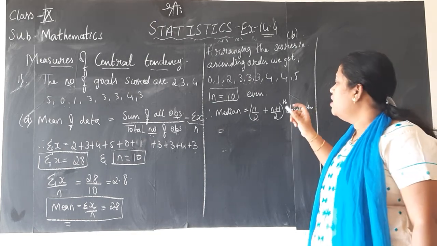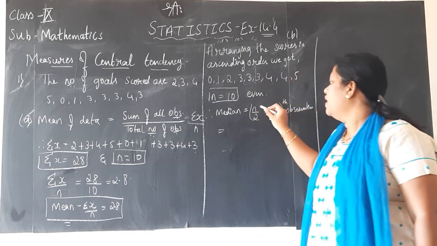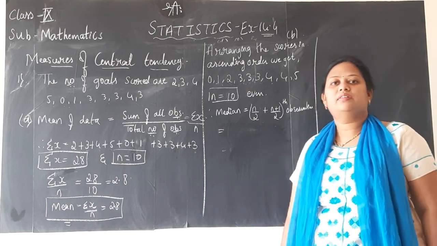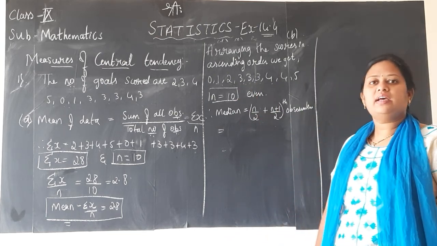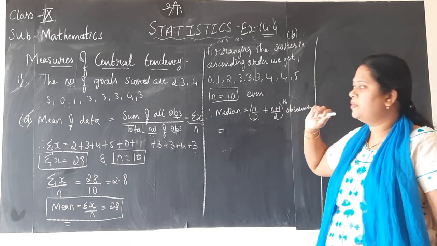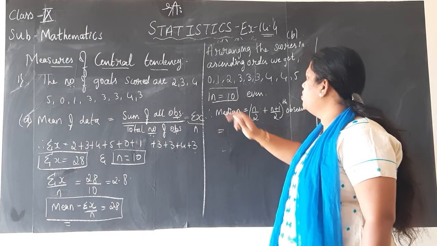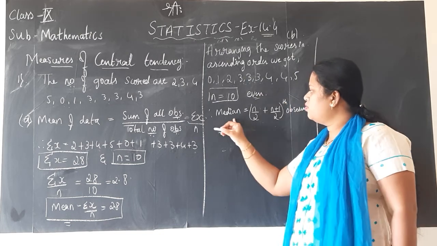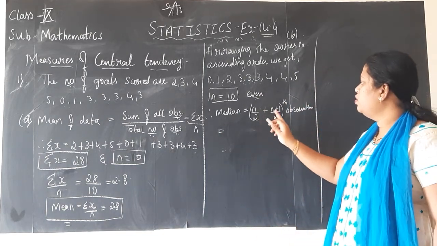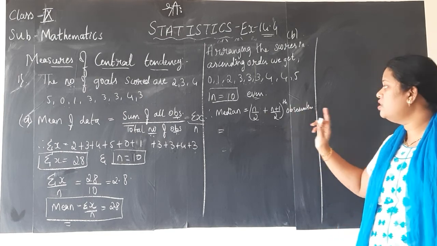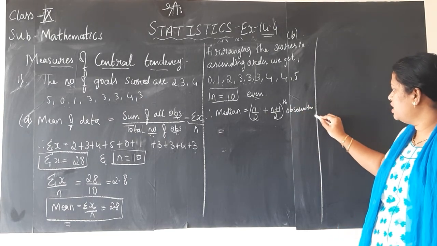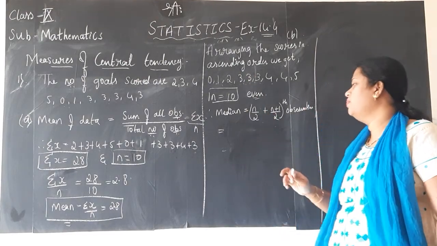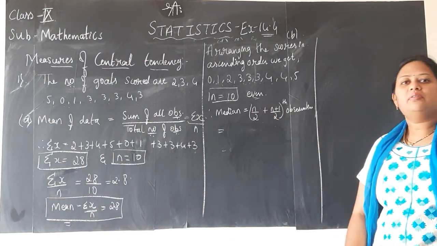The reason is when you find out what is the n by 2 or by applying the formula, children, you should find out which observation, which goal. That is the reason you should always arrange them in ascending order. It is not like you can skip the step. Now we already know n is equal to 10. N is 10, of course it is an even number. If it is even number, what is the formula for median? It is the n by 2 and n plus 1 by 2 observation. I am stressing the word observation. Why am I stressing? Because you might just find out what is n by 2, n plus 1 by 2 and write that as the answer. No. So we will find out what is n by 2 and n plus 1 by 2.